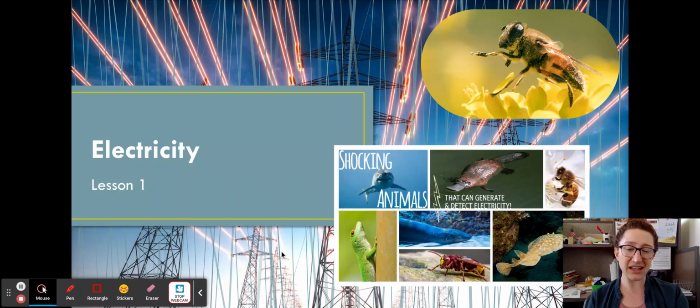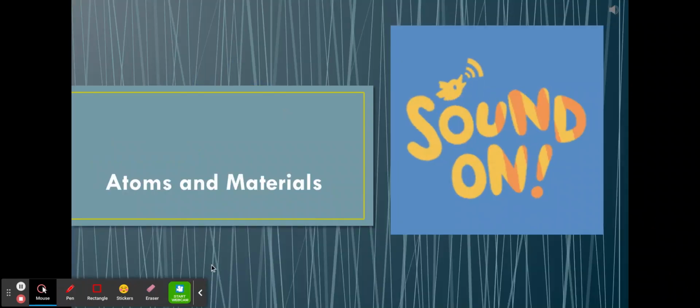And there are certain animals that can detect electricity or generate electricity. So that's one of the ways in which sharks hunt, for example. So while electricity absolutely is flowing through power lines, it's not the only form of electricity. And I'm hoping that within this unit, you're going to come to a greater understanding and appreciation of what electricity might mean. This first lesson is on atoms and materials, and you're going to be taking notes in your notebook